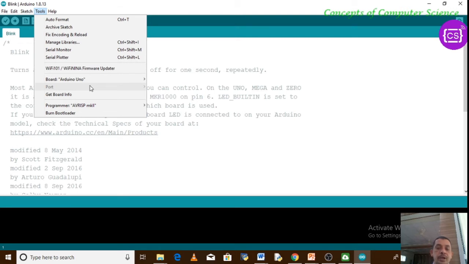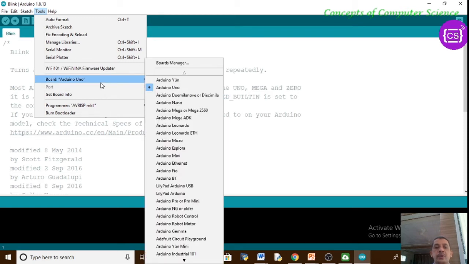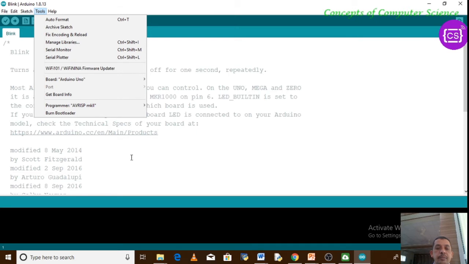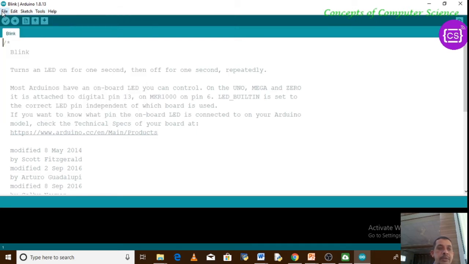Once you connect your Arduino board to your laptop, it gets enabled and you have to choose the port. These two options are very important whenever you connect your Arduino board to your laptop. You have to check whether you have properly selected your board and port or not. These are the very important options. Now we'll see one simple example.